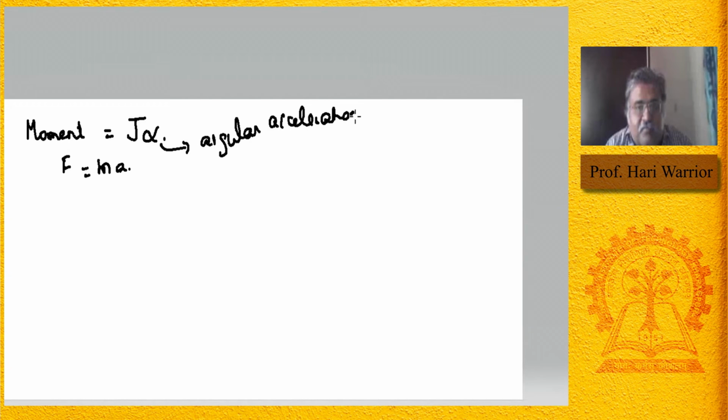Then, once you have this, a little bit of manipulation we are going to do. So this is J into d square phi by dt square, this is alpha, plus